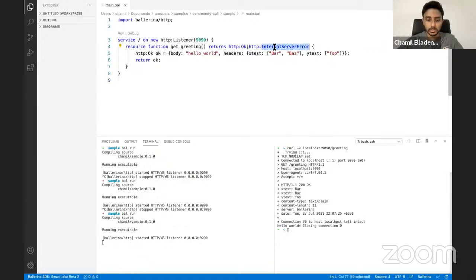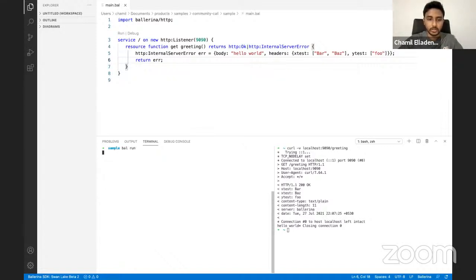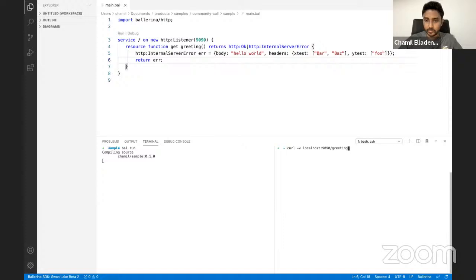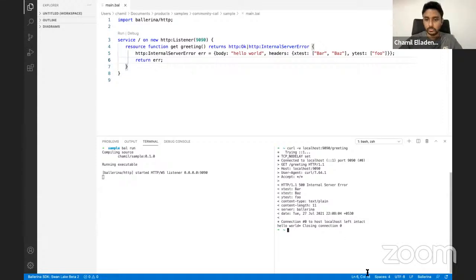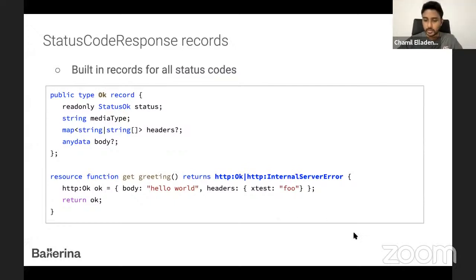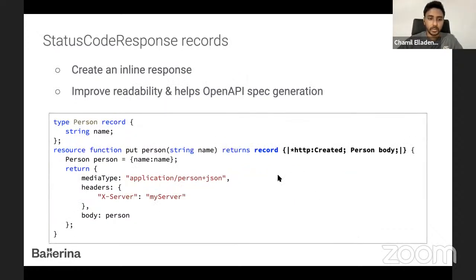Now I'm making a little change here. So this is an error. Now let's see. Okay, now I have got the 500 response. All right, that's one of the advantages of using these response records. And the other one is a sample to use type inclusion and change the response record